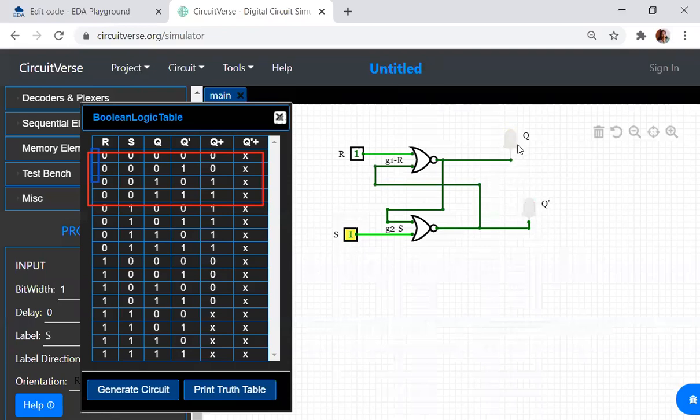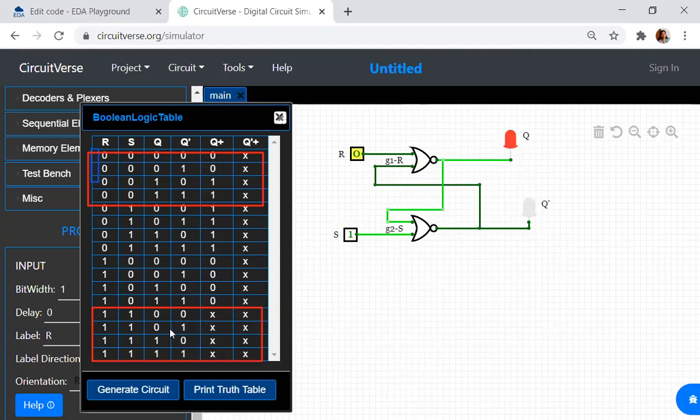So these states are known as forbidden states. The last 4 states are known as forbidden states. When the combination is 1 and 1, whatever may be the previous state, say assume that the previous state was 0 and 1, Q was 1 and Q bar was 0.